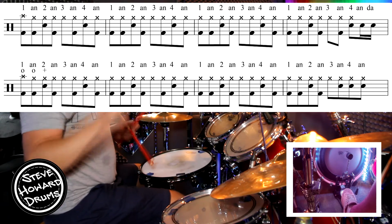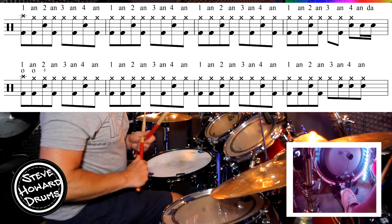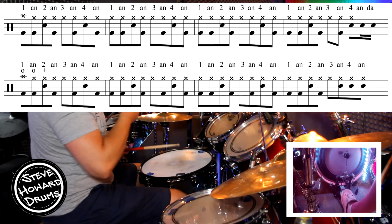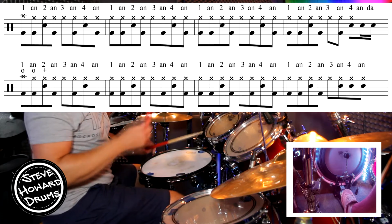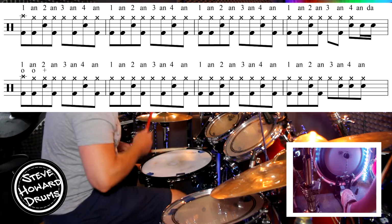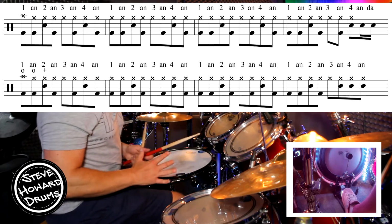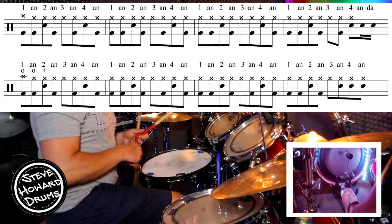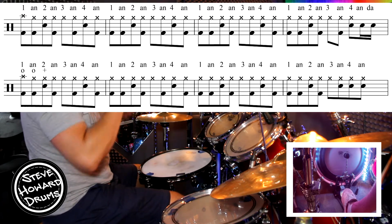The second part, well, the second line to this, so the 5th bar, got an open hi-hat on the and of the 1. We're going to go 1 and 2 and 3 and 4 and let's do that super slow. 3 and 4 and 1 and 2 and 3 and 4 and then you literally will just close it on the snare drum or with the snare drum. The 8th bar, we're going to go 1 and 2 and 3 and 4 and...